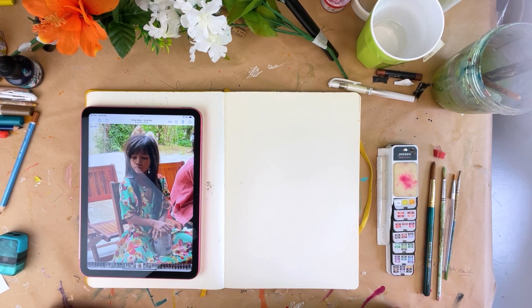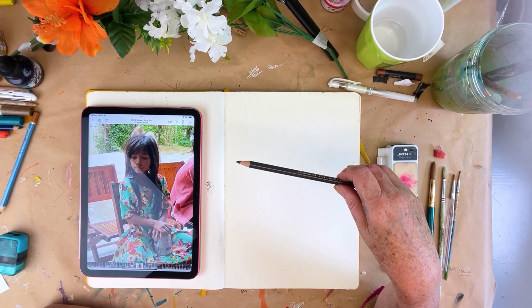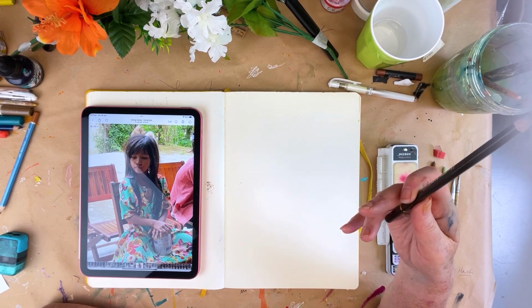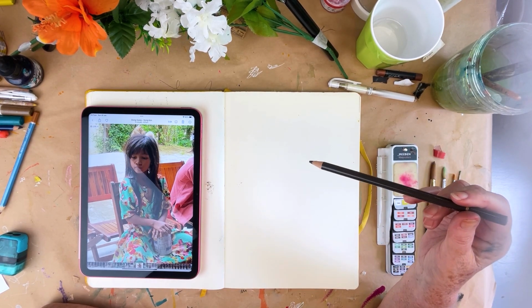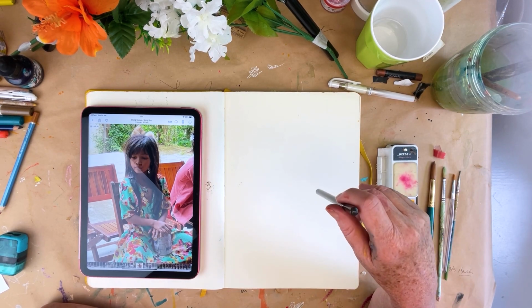Now, what I'm trying to do these days is experiment with lots of different mediums in my sketchbook, and try out different things that I am not used to trying out together. So I'm also trying to keep things simple, and because this is my last sketch of the day that I'm filming before I make dinner,